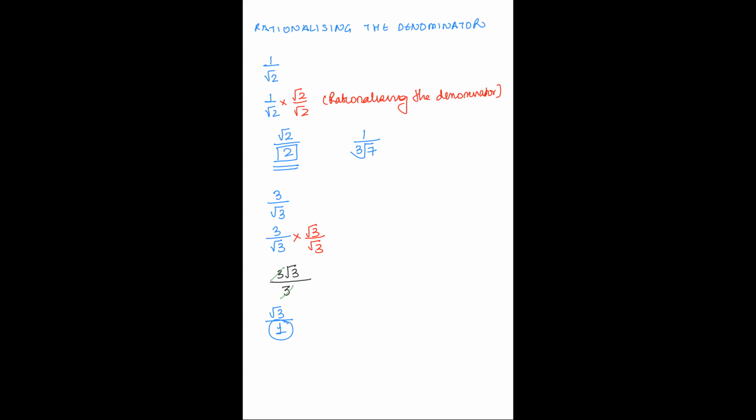In order to get rid of this cube root of 7, we should have a situation like this: cube root of 7 cubed. When the order outside and the order inside become the same, you simply get rid of this cube root and you get a rational number, 7. तो ये बात हमेशा ध्यान में रखना, बाहर का ऑर्डर और अंदर का ऑर्डर अगर सेम हो गया तो रूट निकल जाता है. अब यहाँ पर देखो, now here we have a situation.